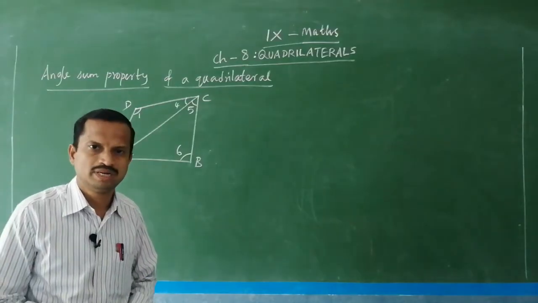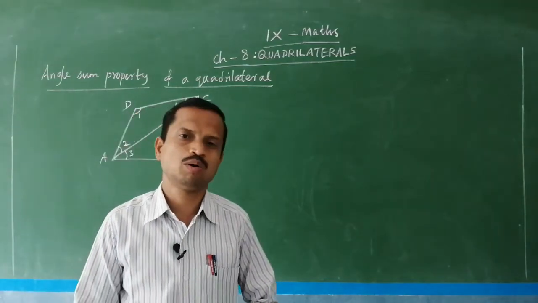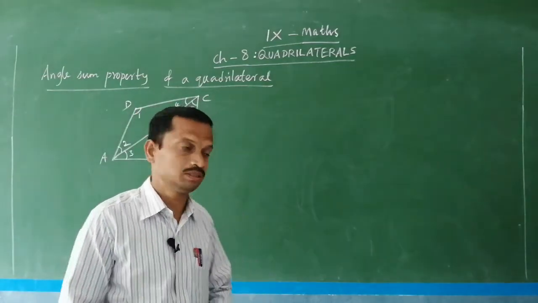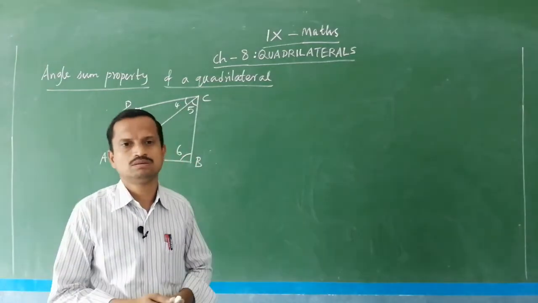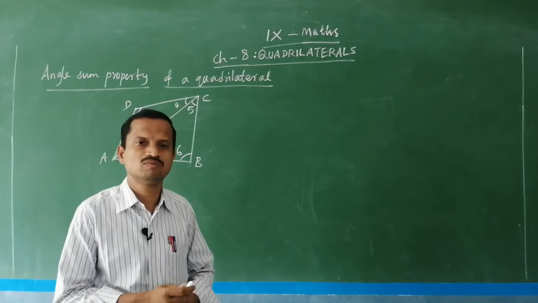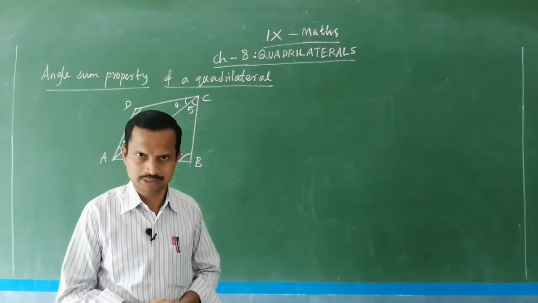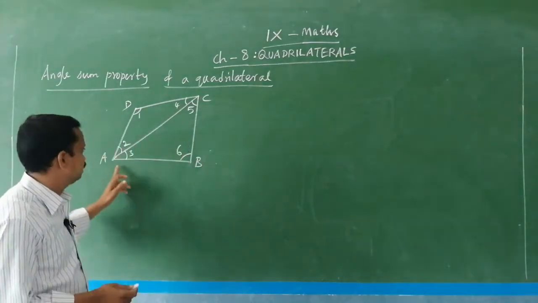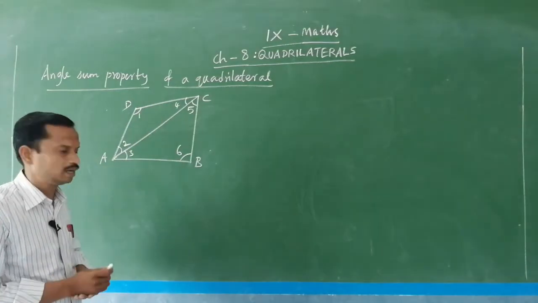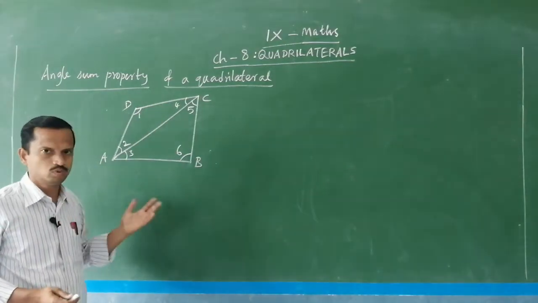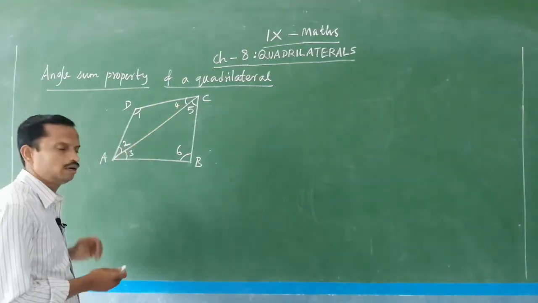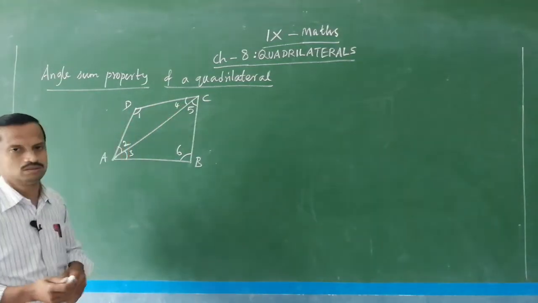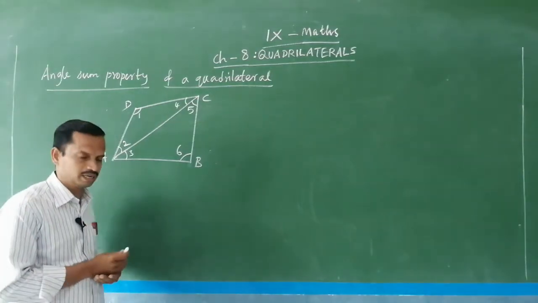So now coming to the next topic, that's the angle sum property of a quadrilateral. Angle sum means the sum of all the angles. So how many angles here? You know, 4 angles. If you add all the 4 angles, what is the total measure? Okay. Angle A, angle B, angle C, angle D are the 4 angles, and to find the angle sum of the quadrilateral, I am drawing a diagonal AC, just joining it to get a diagonal.